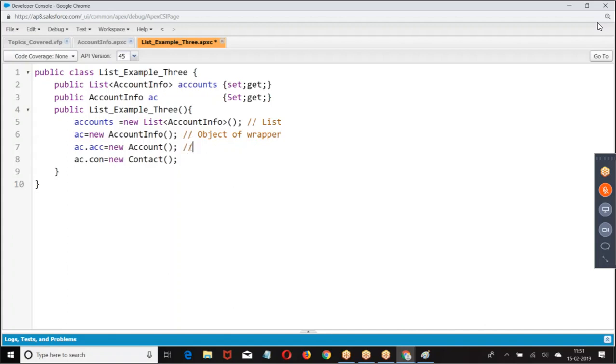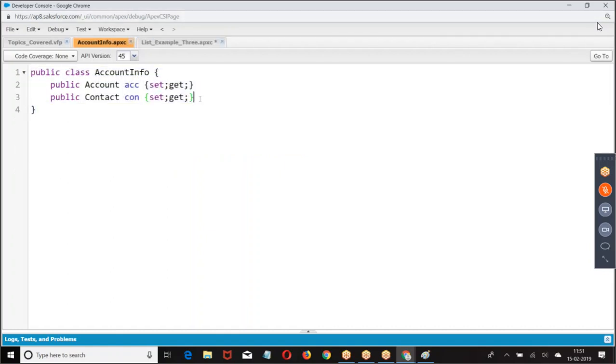This is the variable in the wrapper. That variable is a reference variable.